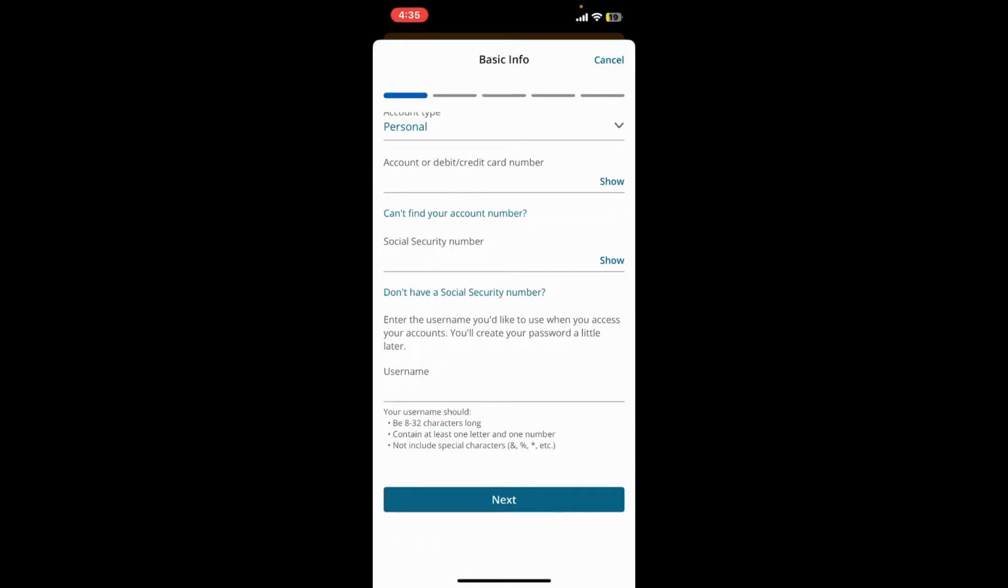Also make sure to provide your social security number and select a username for yourself. Tap on the next button and you will then be asked to create a password for your account. Fill in the rest of the information, follow through all the prompts till the end, and you can complete your